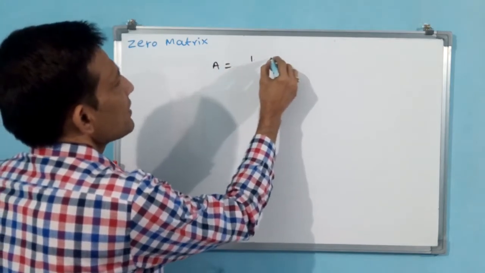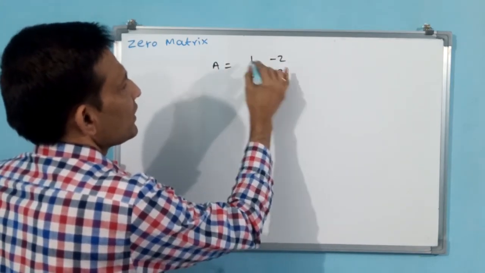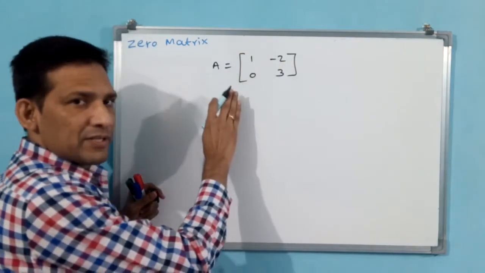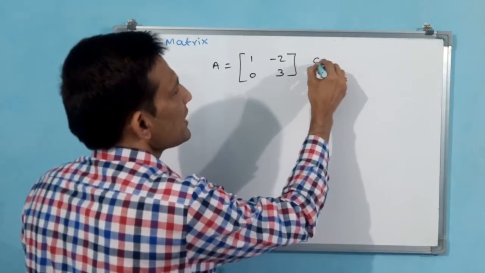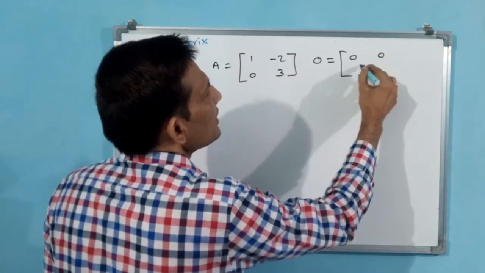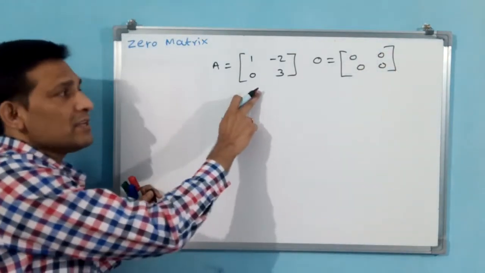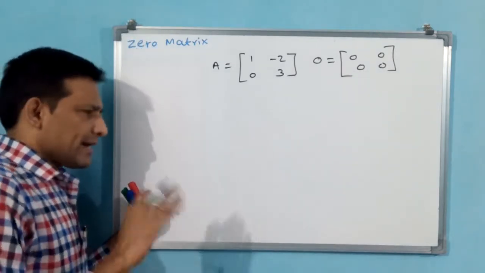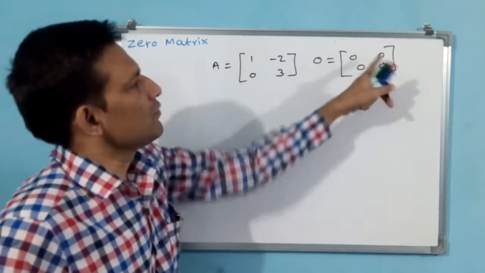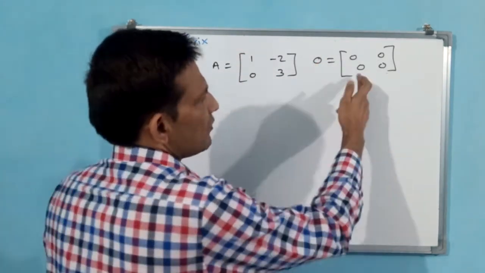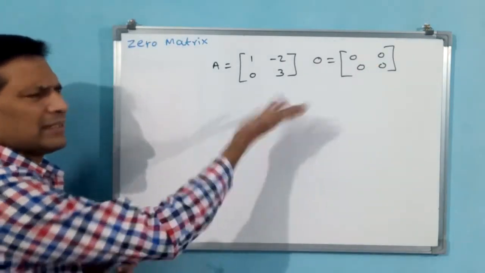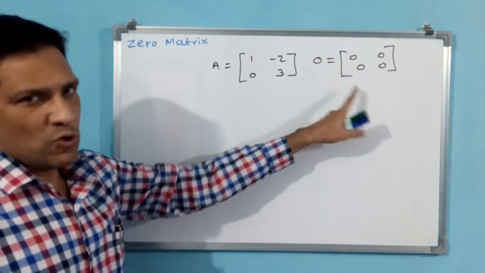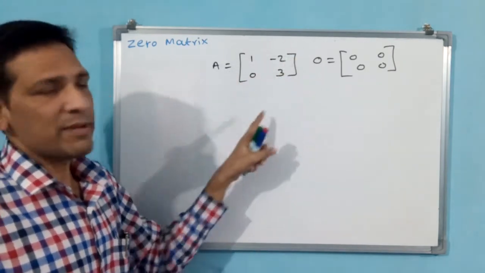Let A be equal to the matrix 1, -2, 0, 3. Okay. Now, to perform an operation with this matrix, what you have to do? You have to take O equal to 0, 0, 0, 0. Is it okay? Why? Because here A is 2 by 2, which means this O also you have to take 2 by 2. Or else for multiplication purpose, at least these columns and rows should match. Or else shall I take only 1, 0, 0? No, doesn't bother. Let us take 2 by 2 only for simple understanding's sake. I have taken O, the 0 matrix. I have taken A, randomly chosen.